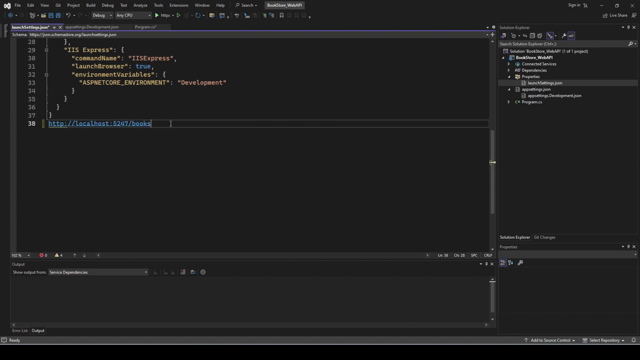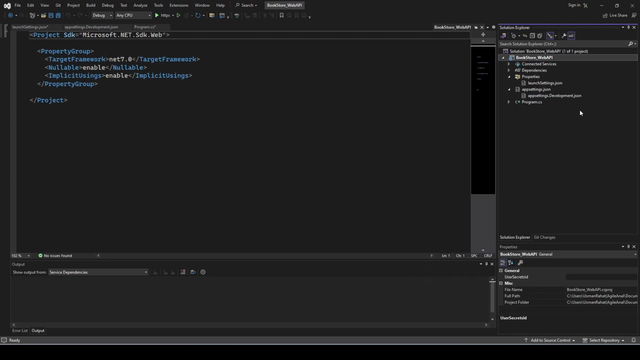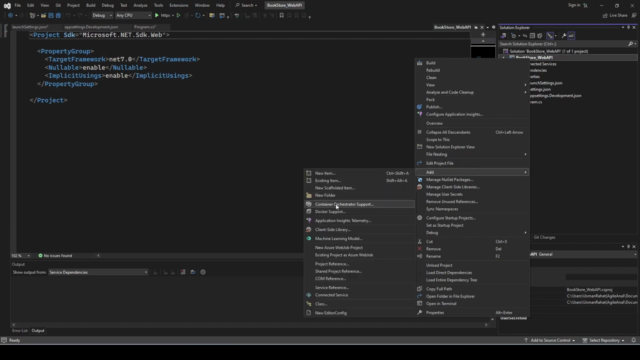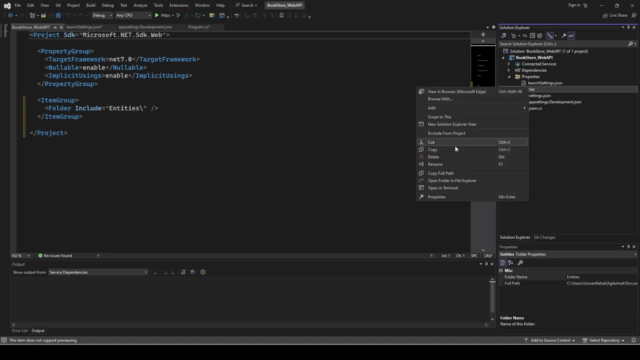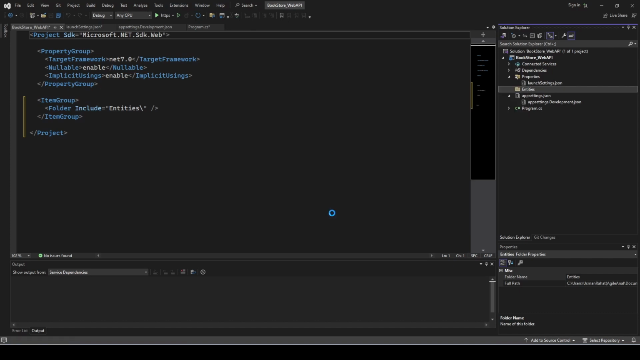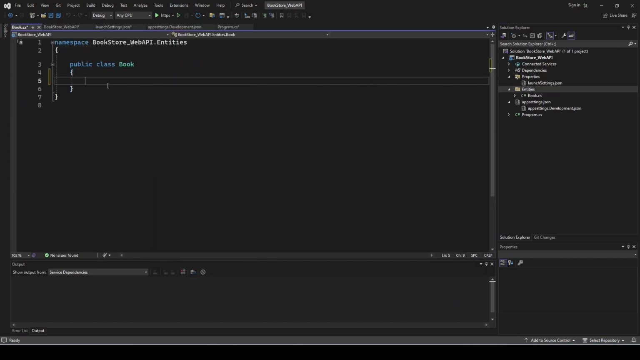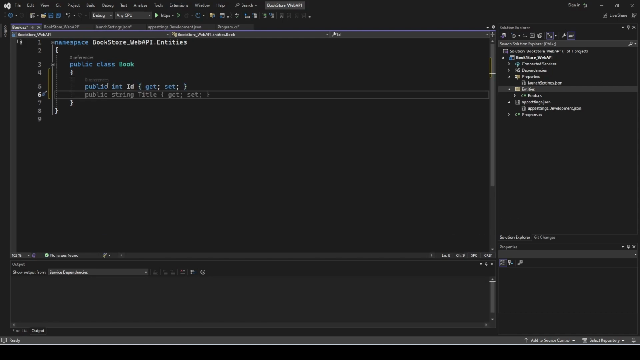right? So to begin with, in the project I'll create a new folder. I'll call this entities, and the first one would be a book, with an ID for the book,